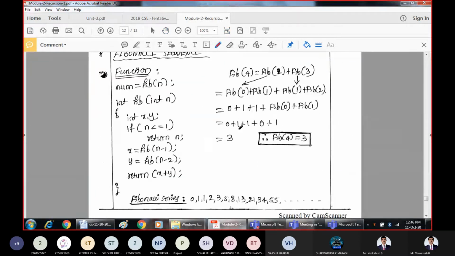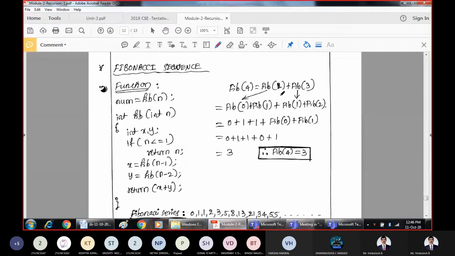The code for the Fibonacci sequence can be something like this. We know that the first two numbers are fixed, that is Fibonacci of 0 and 1. Now, this is the code for that. To calculate the nth Fibonacci number, we'll call the function. If n is less than or equal to 1, we'll simply return 1. Else, take the sum of the previous two numbers, that is the previous number and the previous to previous number. That is, find the n minus 1 Fibonacci number, then find the n minus 2 Fibonacci number, store them in the normal variables x and y, then return the value of x plus y.